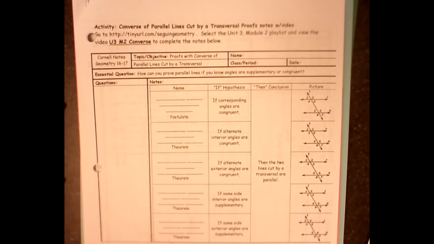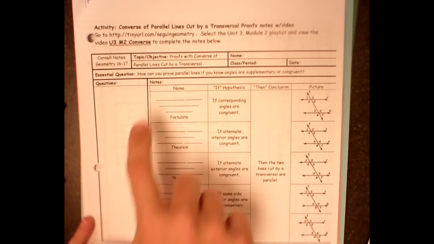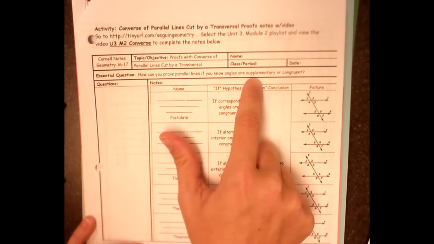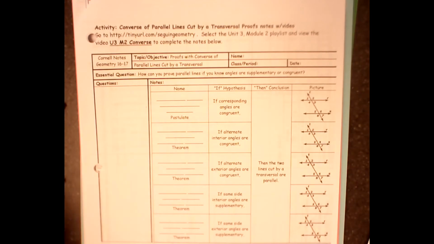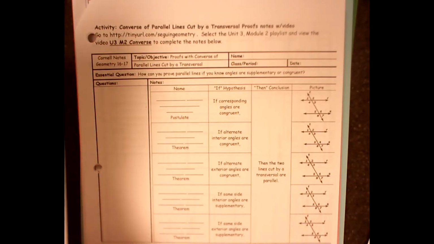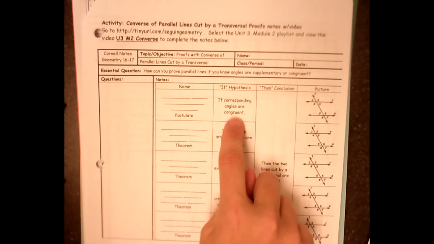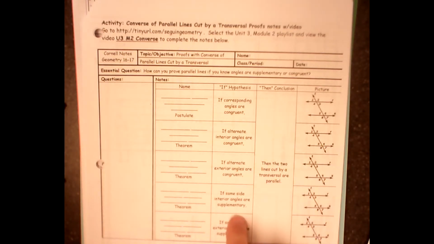Okay, so now we're going to start looking at converse theorems and postulates. What does that mean? It says, how can you prove parallel lines if you know that angles are supplementary or congruent? Before, in our notes, if you look back, we knew the lines were parallel. So we were proving just regular theorems and postulates. Now we're going to be proving the converse, which means that if corresponding angles are congruent or if they're supplementary,